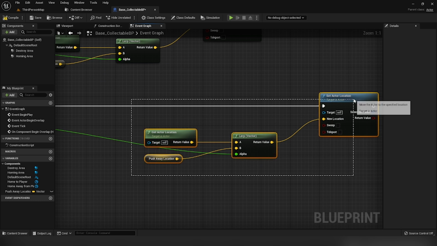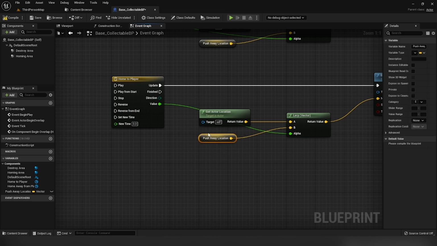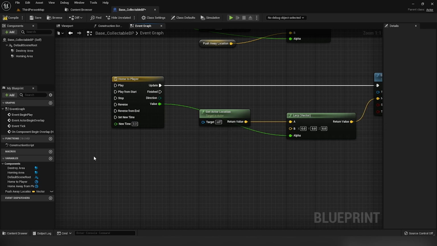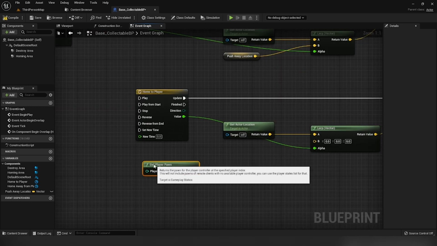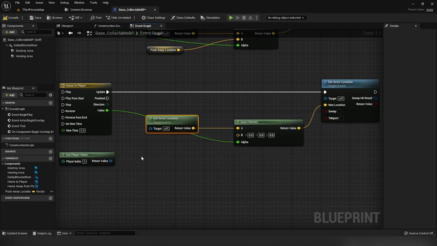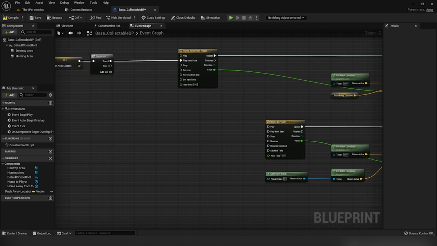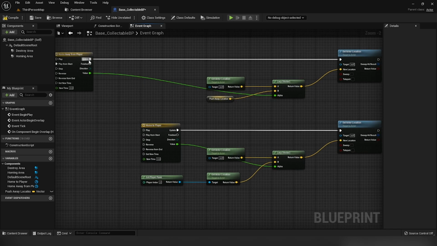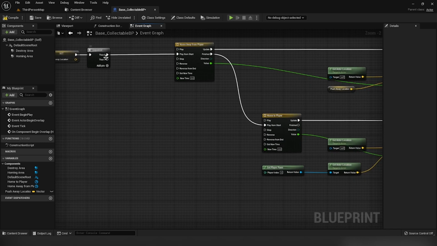And we are going to do pretty much the same thing, except on our B, we're going to delete this, and we're going to get the player pawn again. And we can copy this right here, so that we can get our player location. Put that in there. And so from our finished here, we're going to play from start. And from our then one,